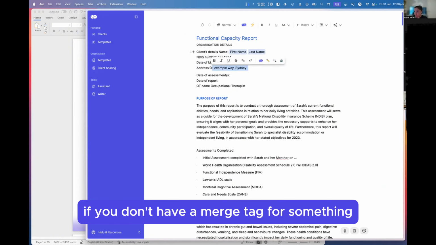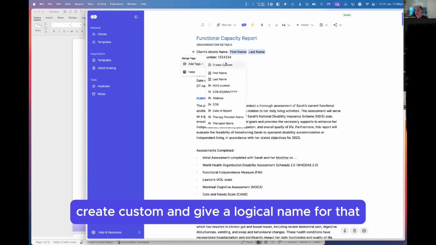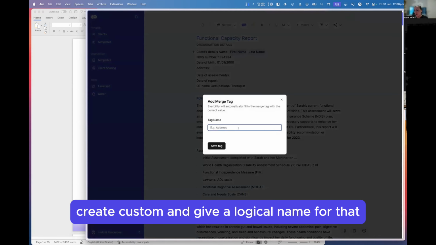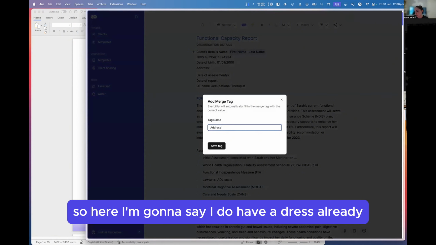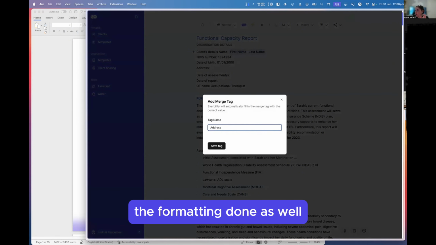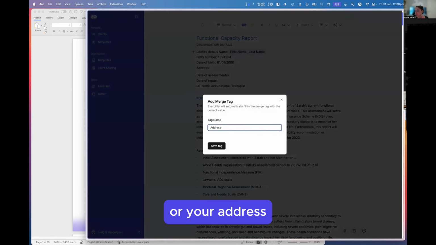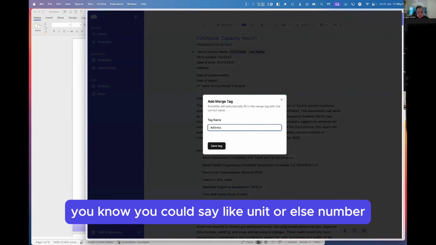If you don't have a merge tag for something, you can just click create custom and give a logical name for that. So here I'm going to say I do have address already, but I'm also going to show a way to get the formatting done as well. So if you want your date written in a specific way, or your address, you want to make sure that it includes the postcode. You could say unit or house number,